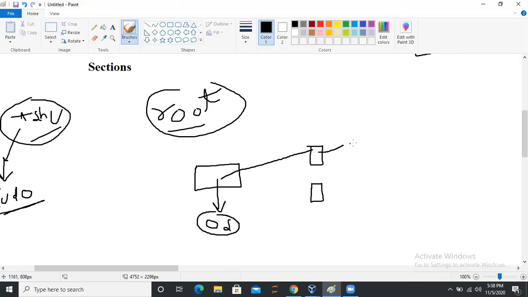It expects the OS user on this machine too. So by default, Ansible tries to connect with the same username on the managed node as on the controller node. But if I don't want to run the commands as the OS user, and I want to run them as the root user,